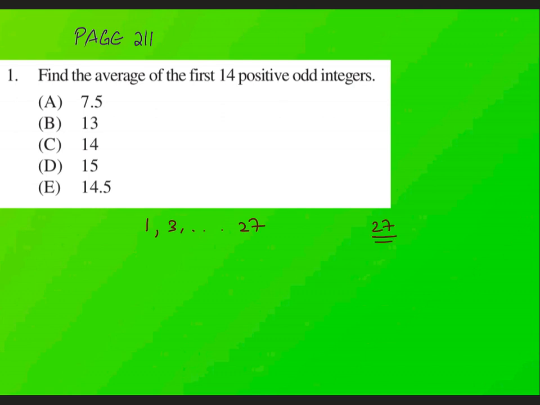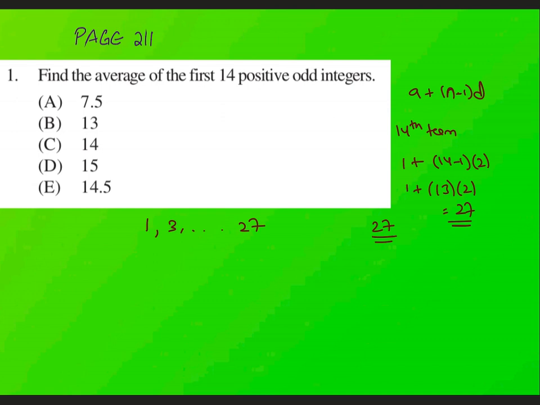There are two ways. Either you just count the odd numbers on your fingers and see the 14th one is 27, or you can use the formula for AP, which is a plus (n minus 1)d. Odd numbers also follow an arithmetic progression. So if I have to find the 14th odd number, the last one, that's basically the 14th term, that's going to be a plus (14 minus 1), common difference of 2, that's 1 plus 13 times 2, that's 27.